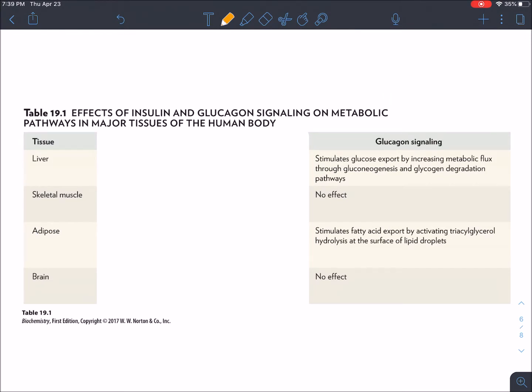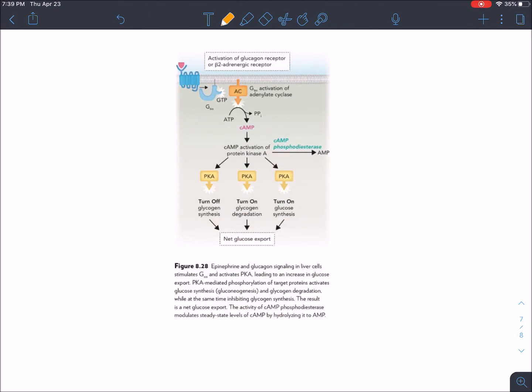Glucagon signaling is sort of the opposite of insulin signaling. It is used to stimulate glucose export, as seen here, and fatty acid export, as seen here. Glucagon signaling leads to net glucose export